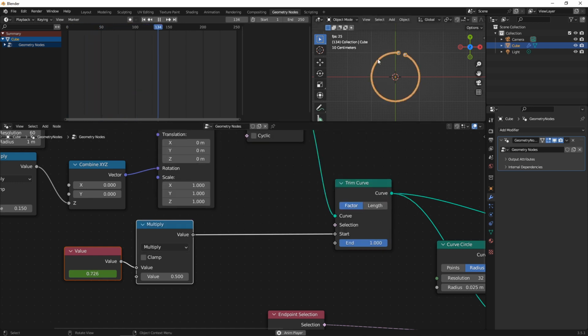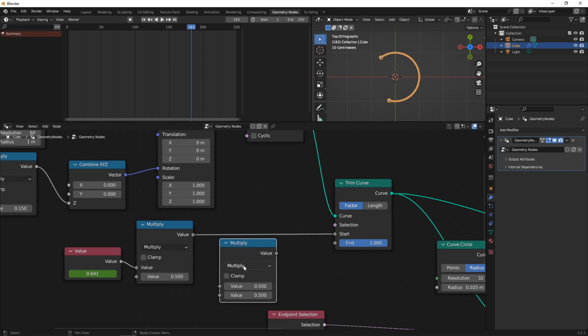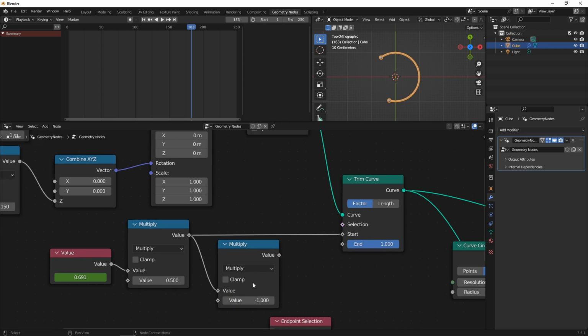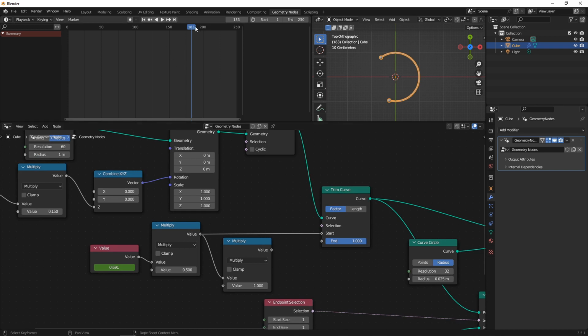You can see how the rotating ring, this is bouncing backwards and forwards. That's looking pretty good. Now I want the other side to do the exact opposite. So I'm going to duplicate that, and I'm going to say multiply into this socket -1. Now if I just let that go, it's not looking too bad, but I kind of want to offset it